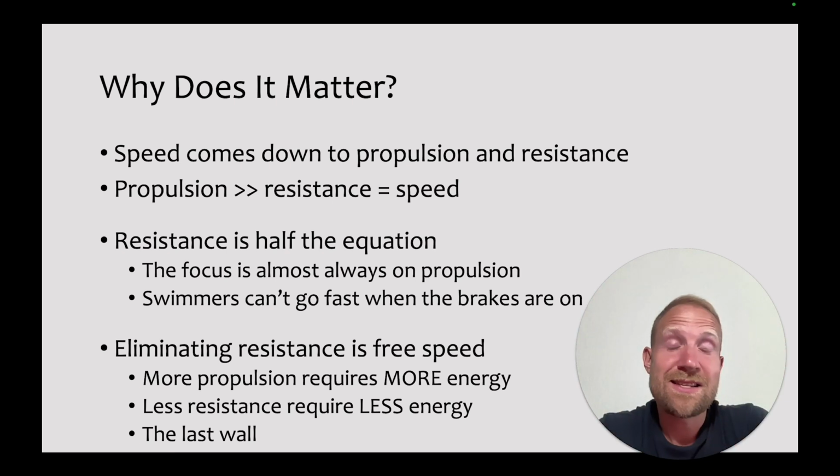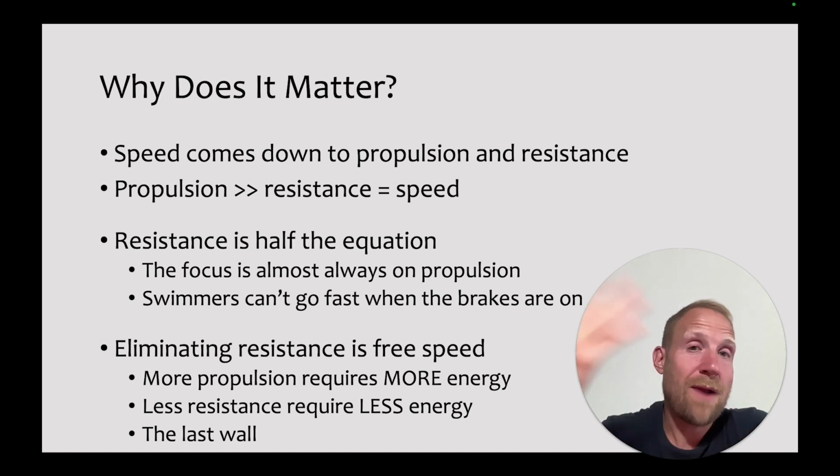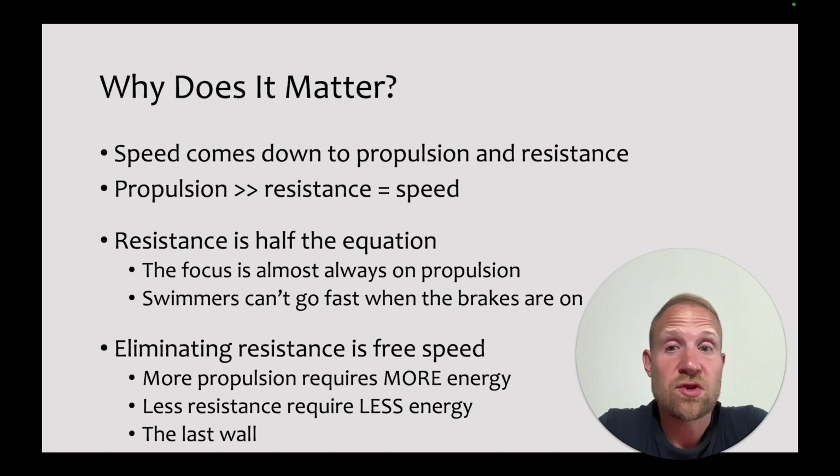So resistance is half the equation when it comes to speed. Unfortunately, most of the focus is on learning how to get more propulsion from the kick itself, rather than the body shape, the body vessel that's traveling through the water. And the reality is swimmers can't go fast when the brakes are on. If they're creating a ton of resistance, it doesn't matter how much propulsion they create,